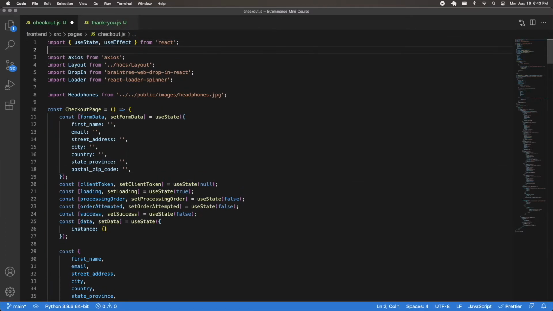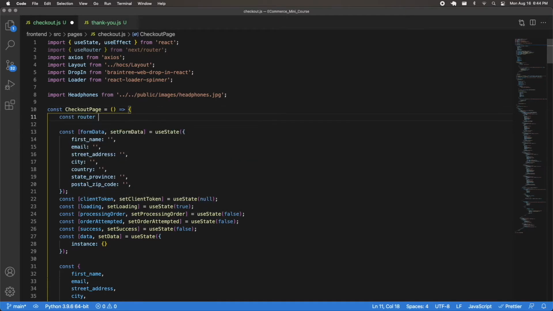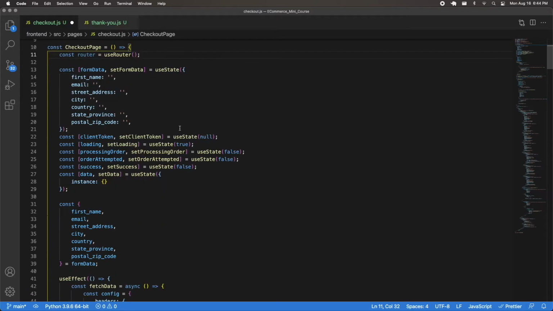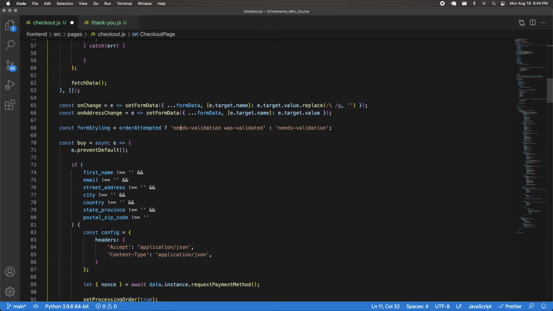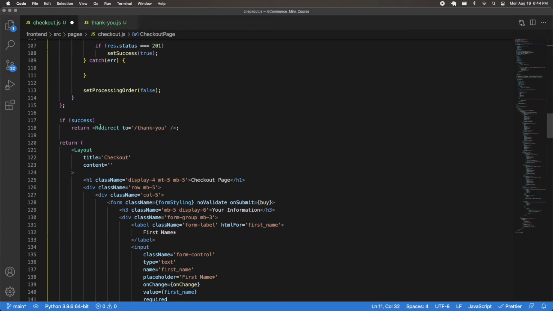So once again, I'm going to import useRouter. This is coming from next/router. And then I'm going to initialize that. I'll do that, say, at the top here. So const router = useRouter(). And then we can find where we have our redirect. So that should be right above our return. That's typically where I place these. So right over here. And then instead of returning this redirect to thank you, instead what I can do is